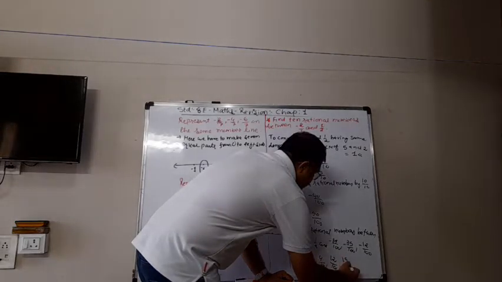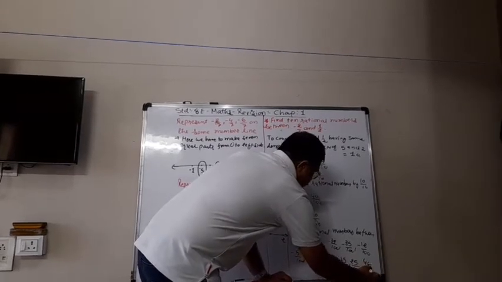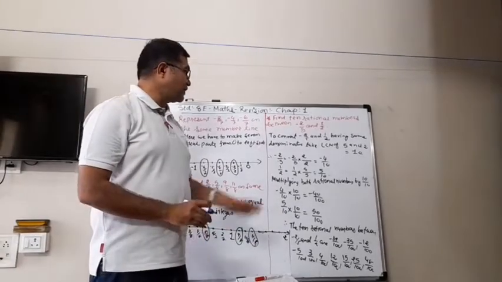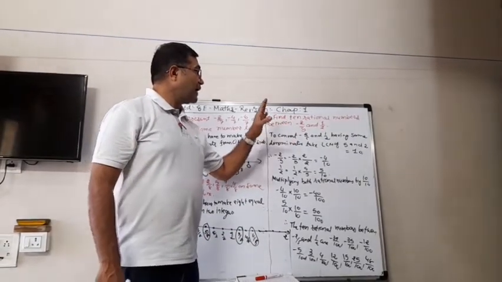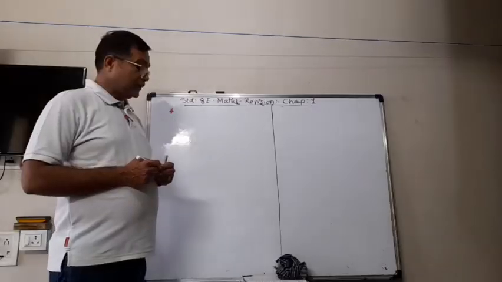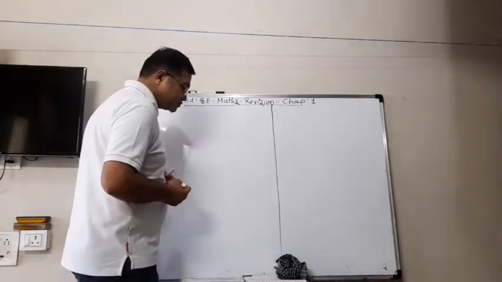15 upon 100, 25 upon 100, and 48 upon 100. Between means, thus it must be, the denominator will be 100. So like this, we can write down any desired rational numbers between them. Now, let's do another example like that.